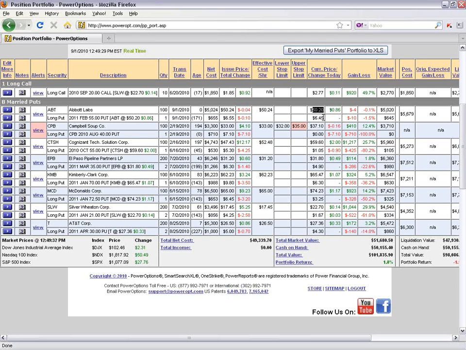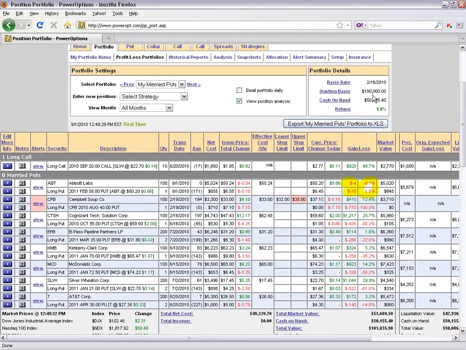The stock is now trading at $50.20. This is in real time. The current price on the put, the bid-ask spread difference, is down to $6.45. So just on the position itself, we have a loss of $4 on the stock, $10 on the put, small value changes as well, percentage-wise. Now, what I always do in my portfolio is I prefer, up at the top, to check the box here for View Position Analysis. At first, you might not want to do this. It adds 6 columns over onto